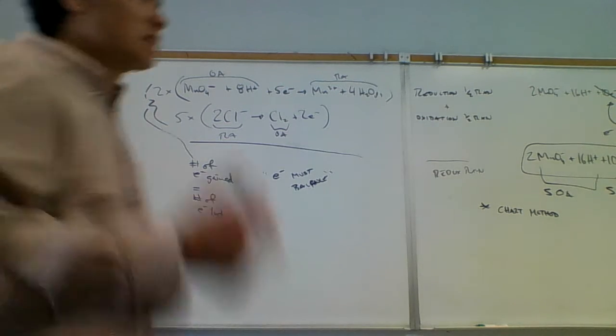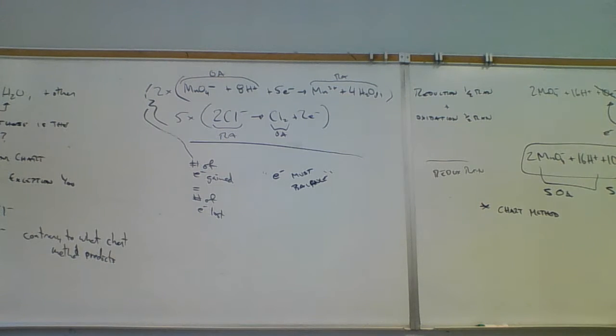Well, once we know the exception with chloride versus water here, then we would have predicted the same thing using the chart method. We would have recognized that chloride's easier to oxidize than water, although it costs a little bit more energy. But what we do though is we use this to predict